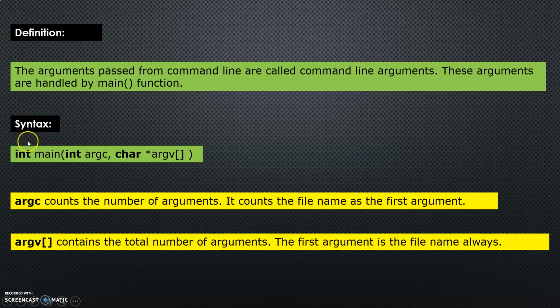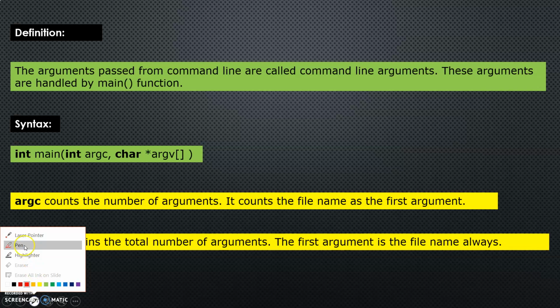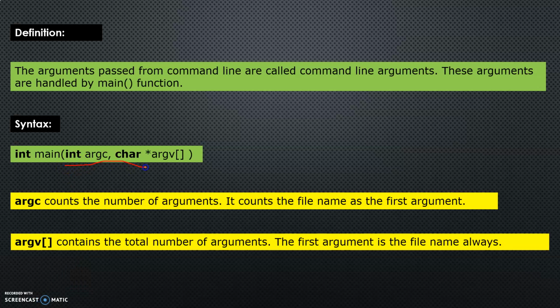Now the syntax, which is the important part. Here we are writing int main. Inside the main function, in many of the programs we haven't passed any value, right? In many of our previous programs we have not declared anything here. But when we are using a command line argument, we are giving the command in the main function body, okay? So how should we use it? We write int main, then int argc comma char star argv.